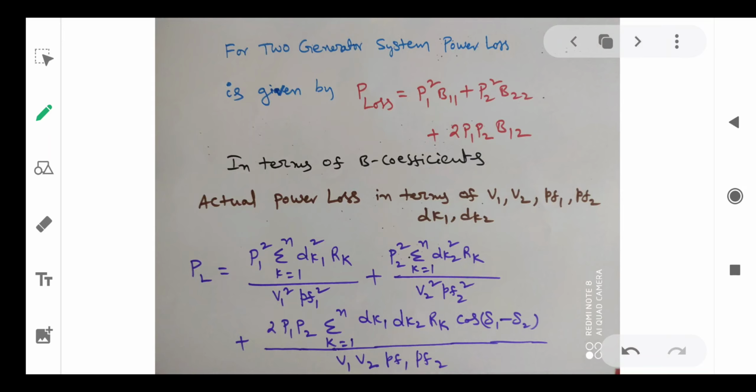So those constants can be treated as B11, B22, B12. Therefore those coefficients are B coefficients, and can be expressed in terms of other parameters. Therefore P loss is equal to P1 square B11 plus P2 square B22 plus 2 P1 P2 B12,